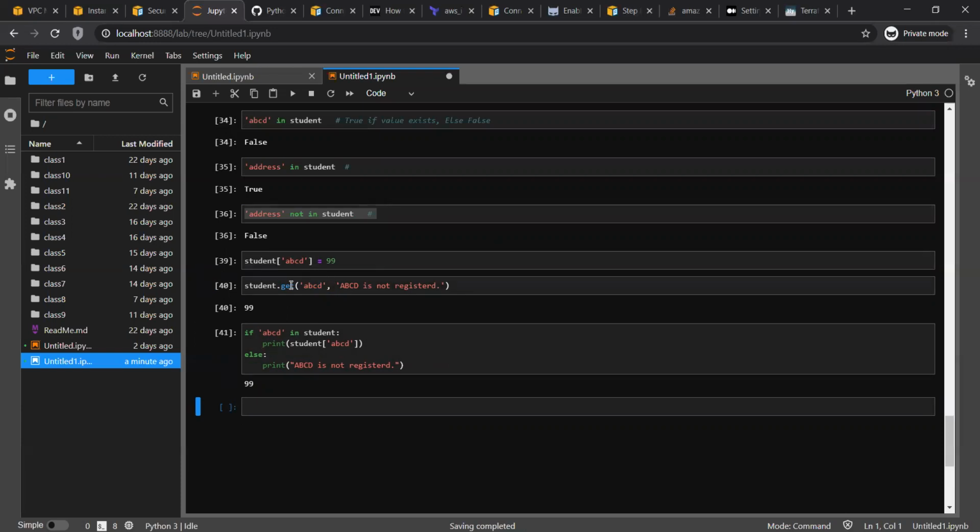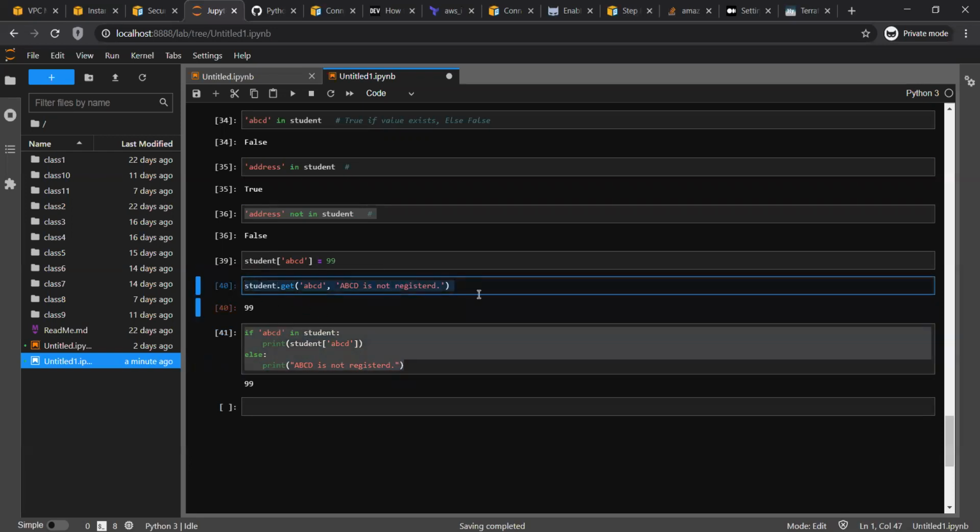So the get method is very important. It's a one-liner statement. We call it in Python, if something we can put into one line and it will do multiple lines of work, we call it a one-line statement. So if you see here, in the proper way, it's a four-line code block, right? And we can write down the whole block into one line.